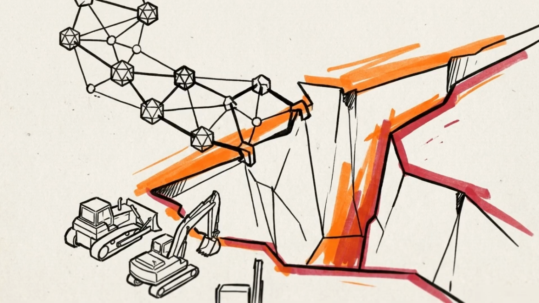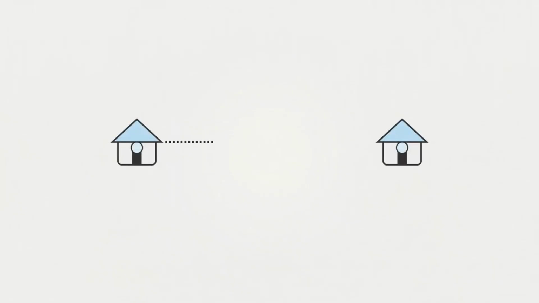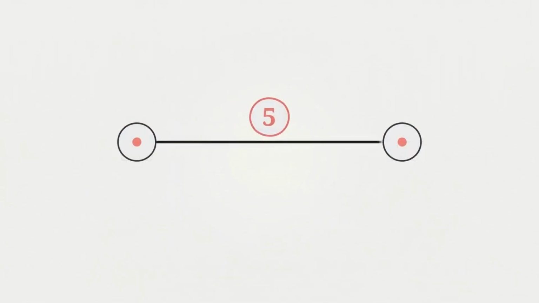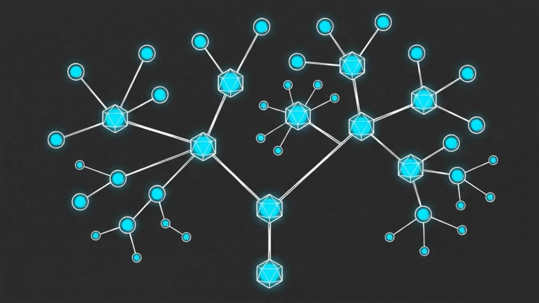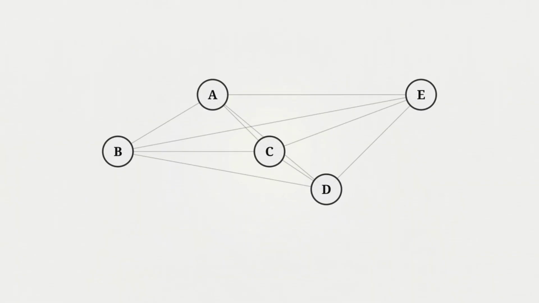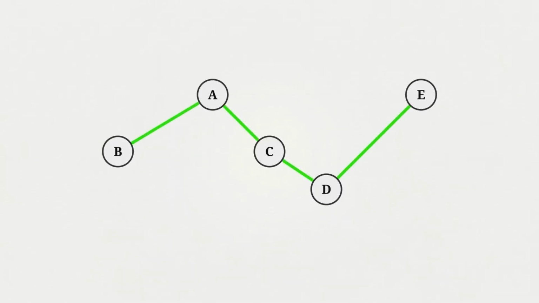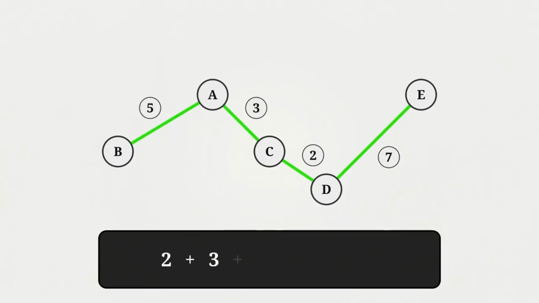But in the real world, connections are never free, and they are rarely equal. Every potential link between 2 points carries a specific physical cost, or in graph theory, a weight. The mathematical structure we are striving to build is called a minimum spanning tree. This is a specific type of network that successfully connects every single node on the board, with absolutely zero structural redundancy. The word minimum here is strict. It means the structure must yield the lowest possible total sum of all its connecting edges.